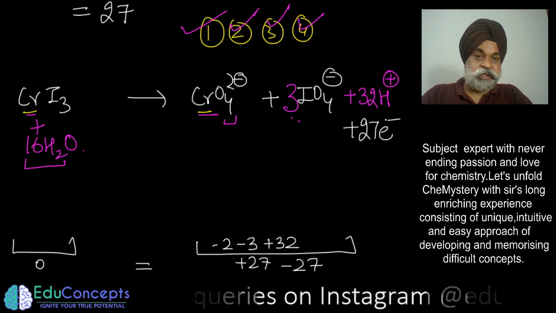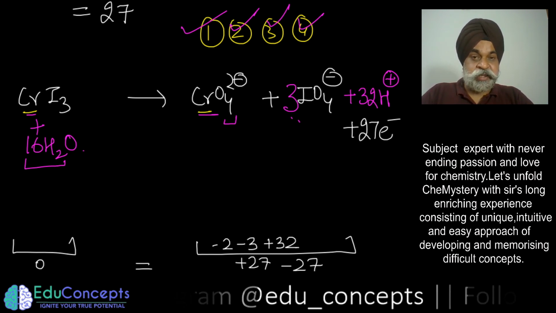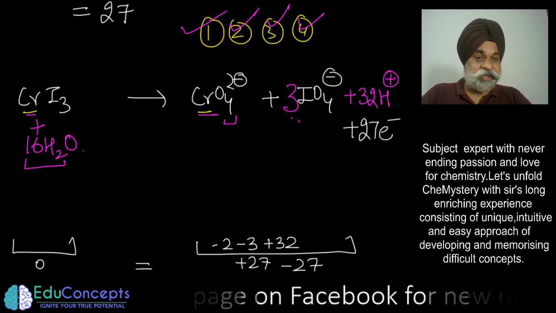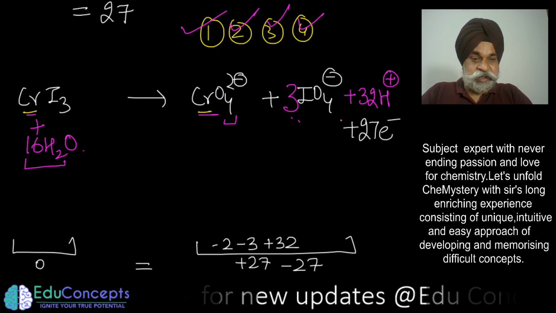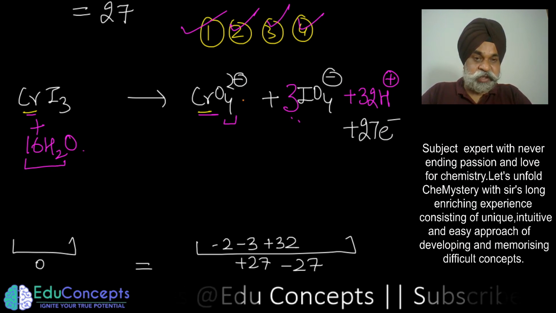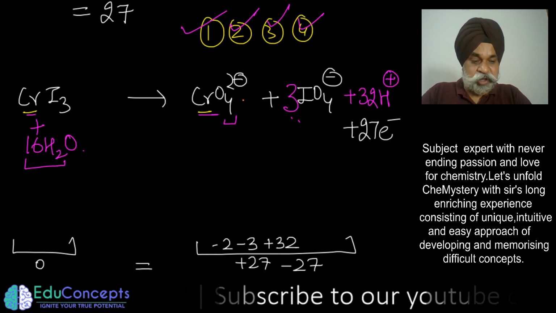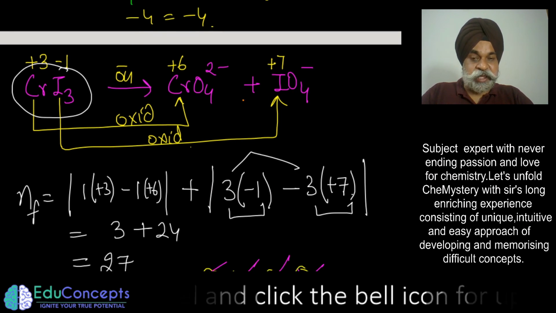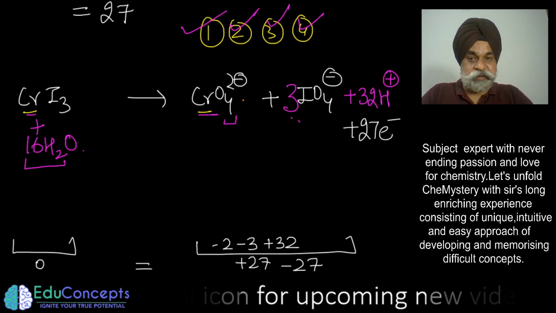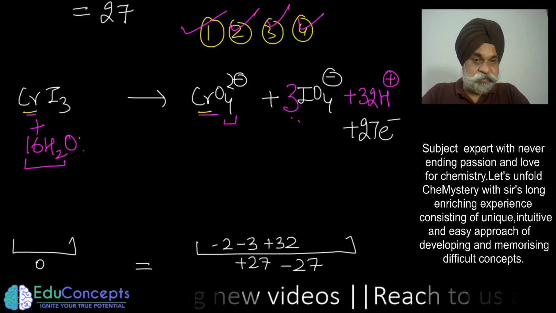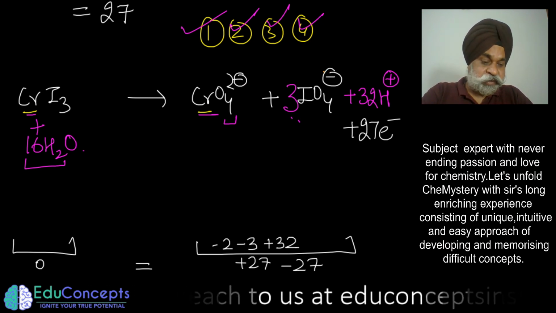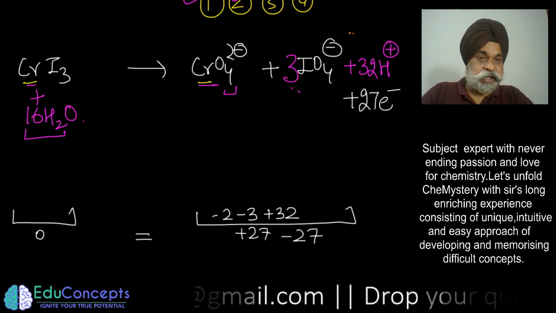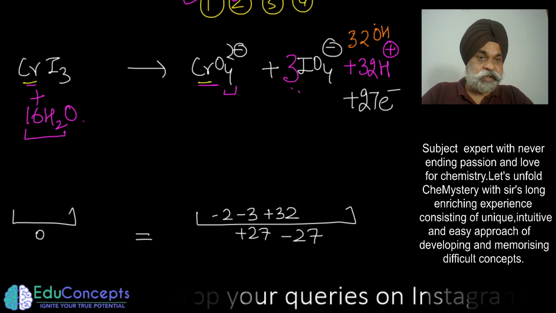So if you could recall, in the previous two videos I categorically mentioned that any given reaction could be balanced in acidic medium also. Now before the addition of this electron everything got balanced, but this particular reaction happened to occur in a basic medium. Now if I have to do the balancing in the basic medium, as I told you last time also, you have to remove H positive ions with the help of OH negative ions. So I added 32 OH negative ions.